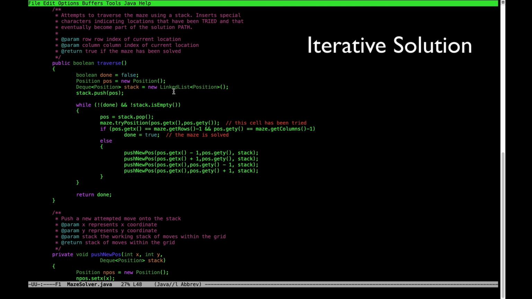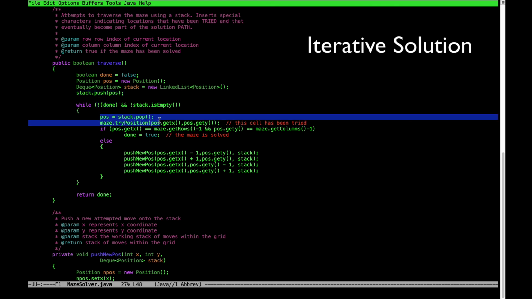So the key here is that you have a stack of elements. In this case, it's a stack of XY positions. That's all that's in that position object, so I won't look into it, it's just XY. And so what you do is you start at 0, 0, and you push that on the stack. Every time you push a position object on the stack, that's like dropping a breadcrumb, a marker indicating where you've been. And so while you haven't found the end of the maze,